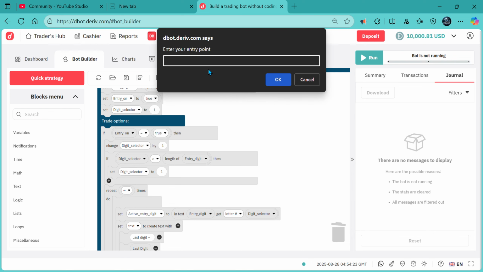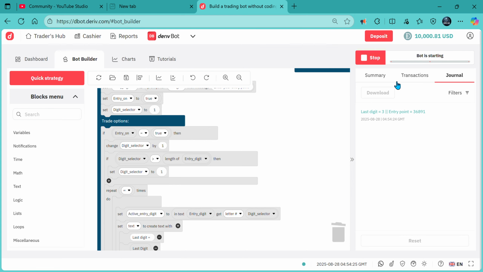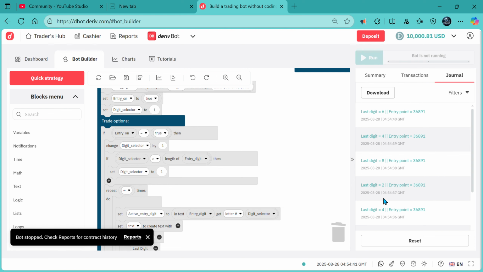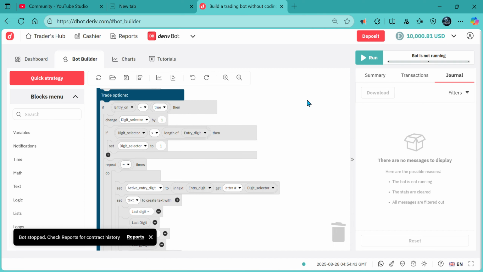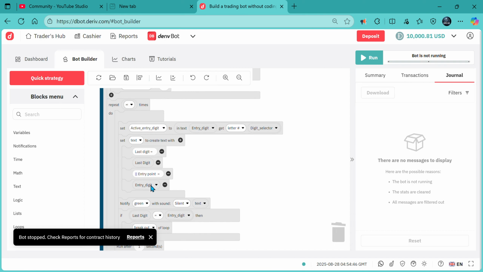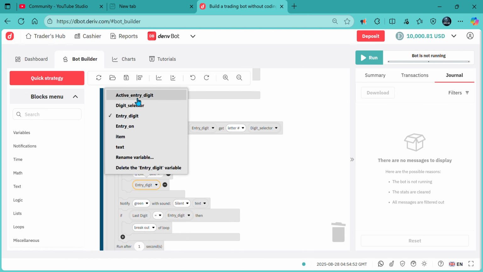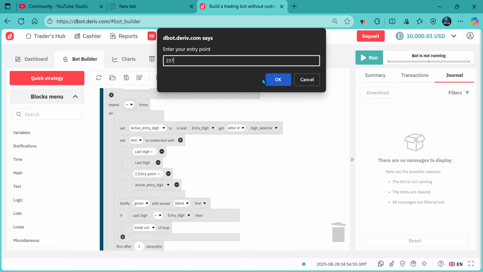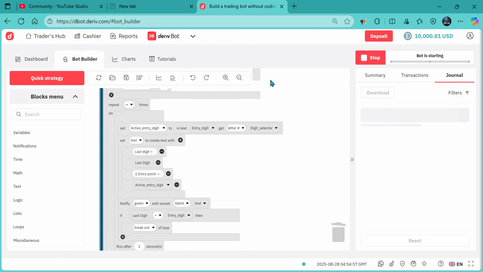So for example, I'll put 36891, then I'll run it. You can see the entry point is showing as 36891. Let me just adjust this one just a little bit, this block. I'll set it to active entry digit like that. Then let's run it. You can see active one is digit 3